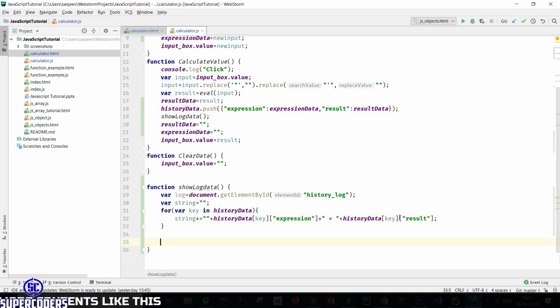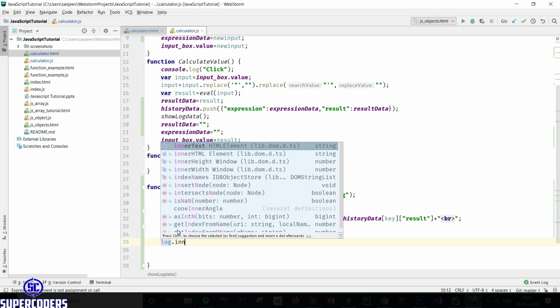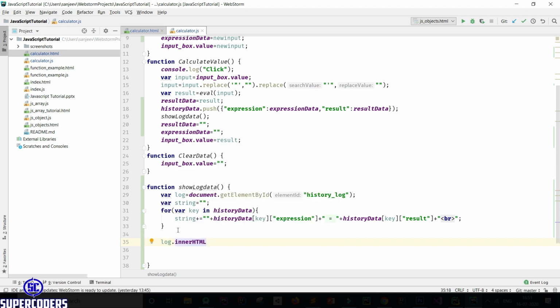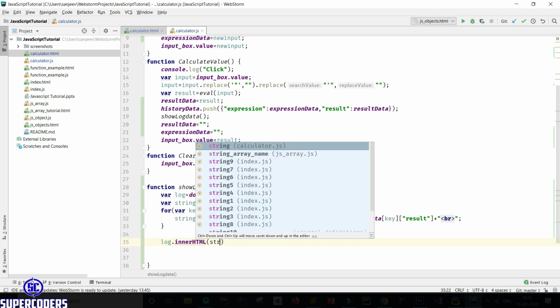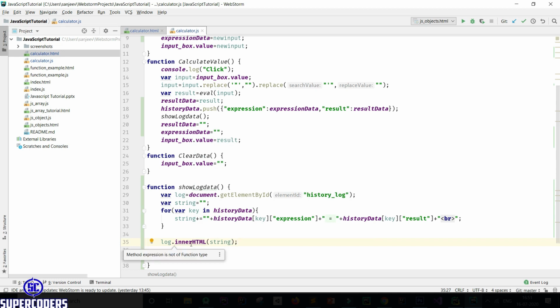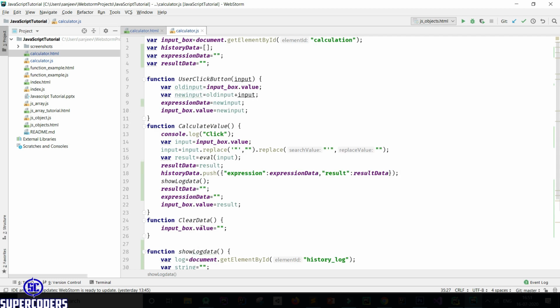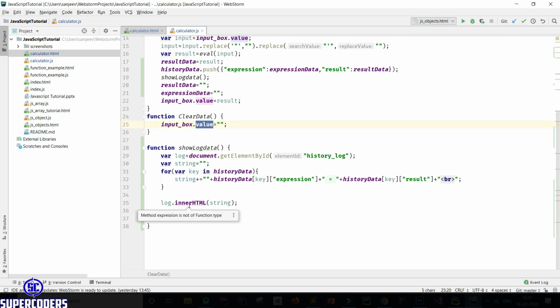And let's set this string data, also adding a br, so it will show a line break, then log dot innerHTML and passing string. So here you can see I use innerHTML instead of value. Here you can see I use value, but here I use innerHTML.